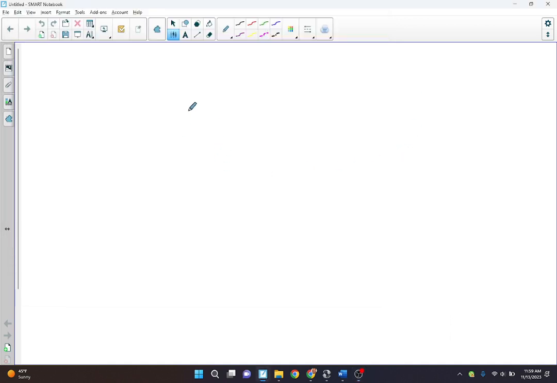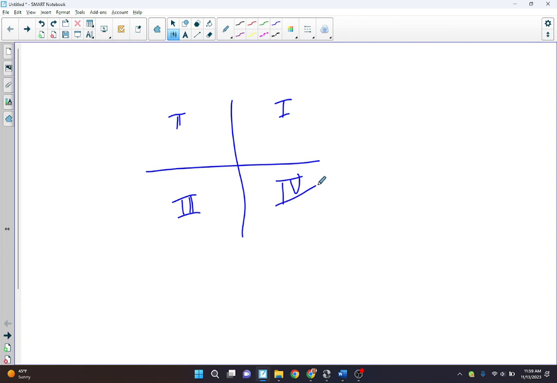I started recording. First off, when we have our XY coordinates, there's a couple of labels, okay? First off, the quadrants. This is quadrant 1, quadrant 2, quadrant 3, and quadrant 4. You do not need to do it in Roman numerals. You can just put the numbers. That's fine. You also have the y-axis, the x-axis,